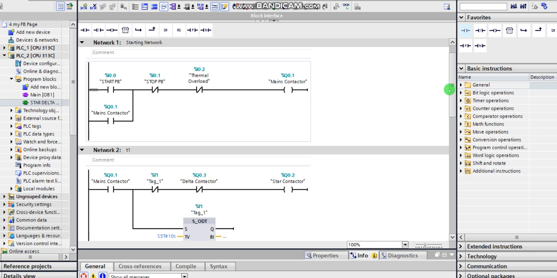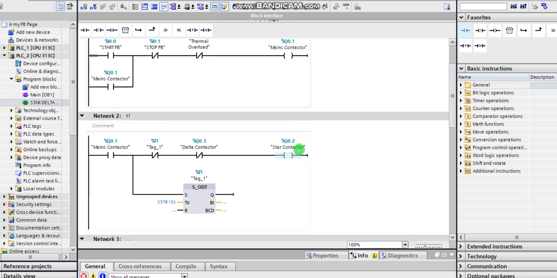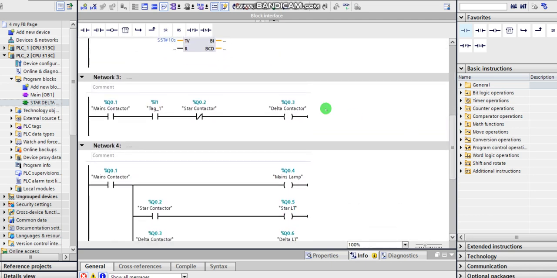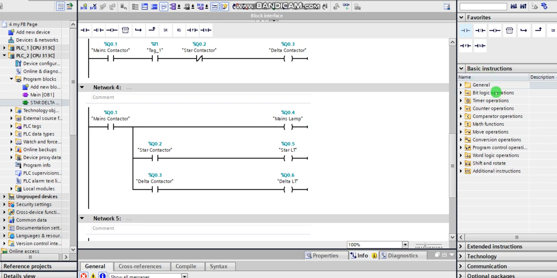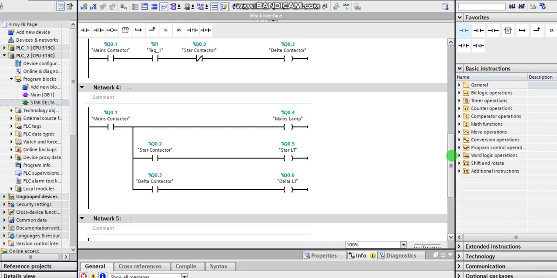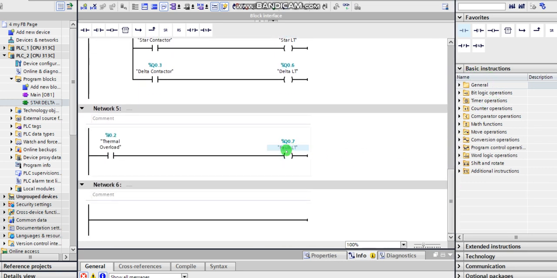So my outputs, let's count. 1, 2, 3, 4, 5, 6, including the shutdown fault lamp. That is 7. I have 7 output devices, 7 output bits, and the 3 input bits that I used to write the program. So if I come to my